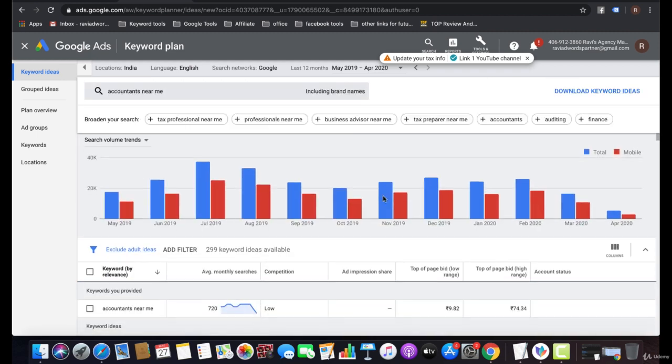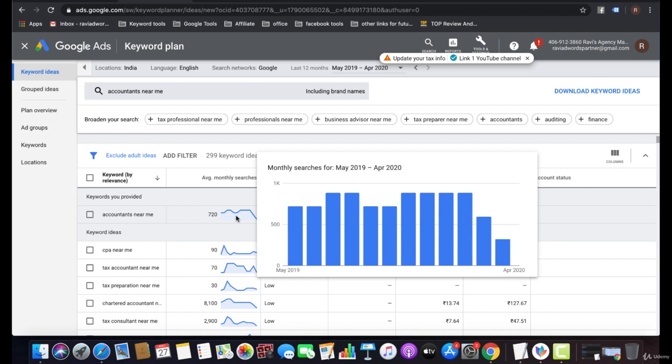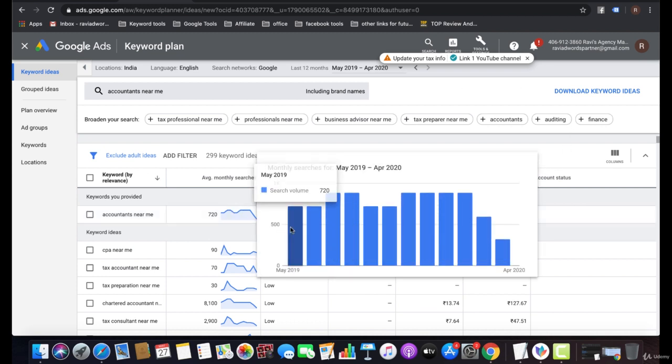Now this is the first keyword, like I searched for accountants near me. It is getting 720 monthly searches, and you can see in which particular month that keyword is getting higher or lower searches as well.